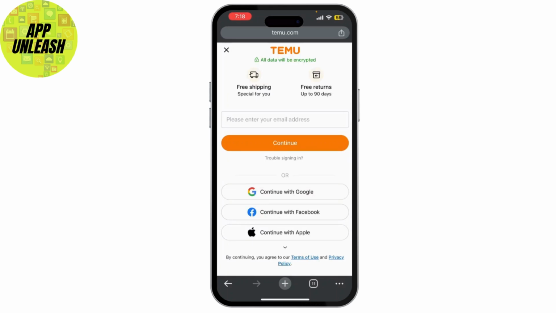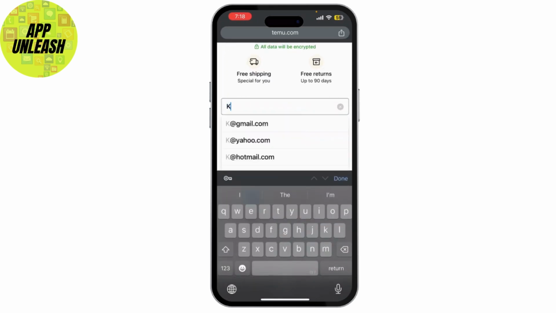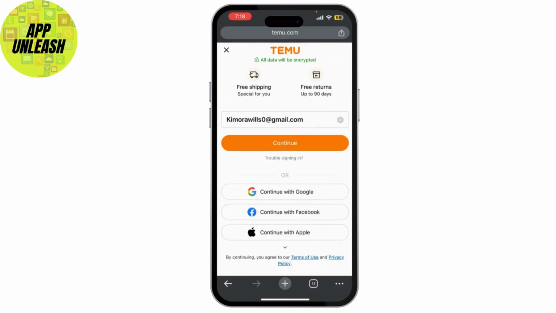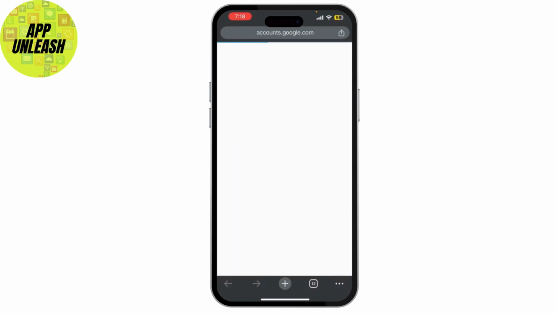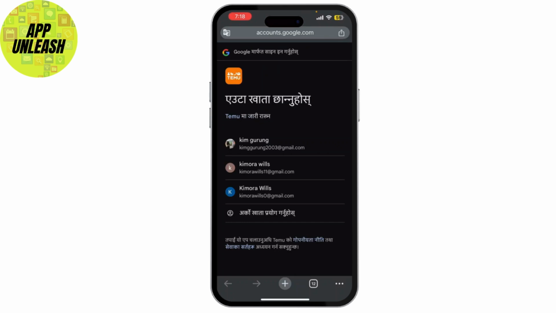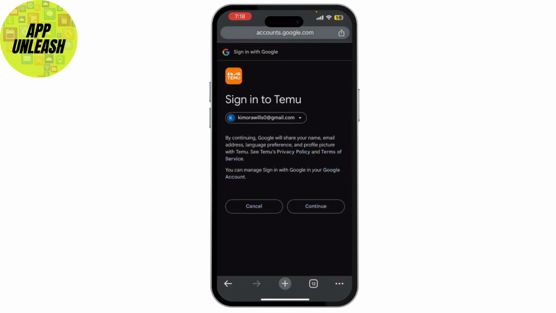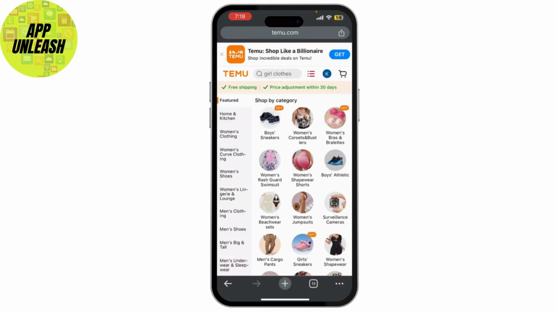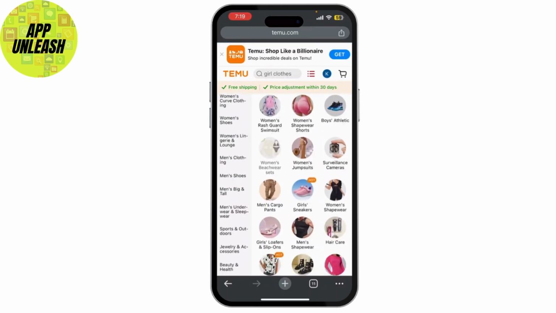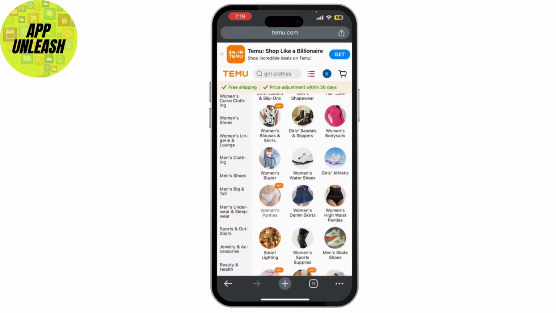Now you need to enter your login credentials like this. Simply click on continue with Google, or simply continue to enter your password. Click on continue again, and that's it. That's how you simply sign in or log in to your